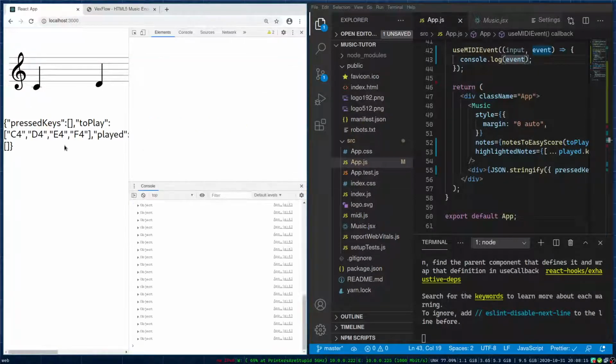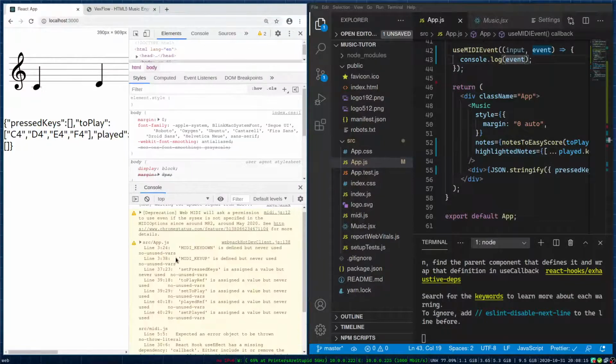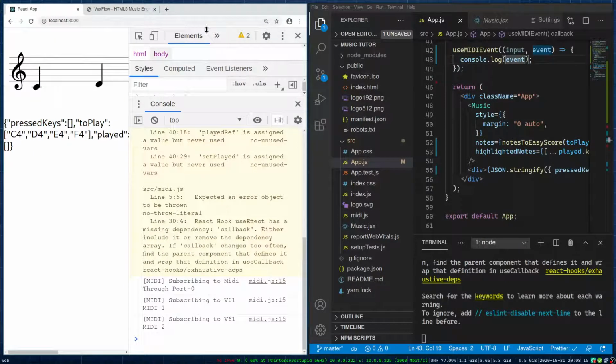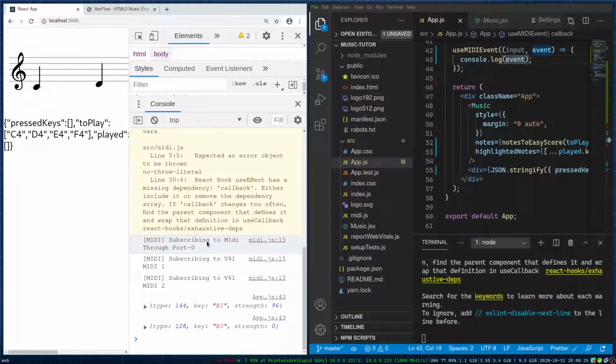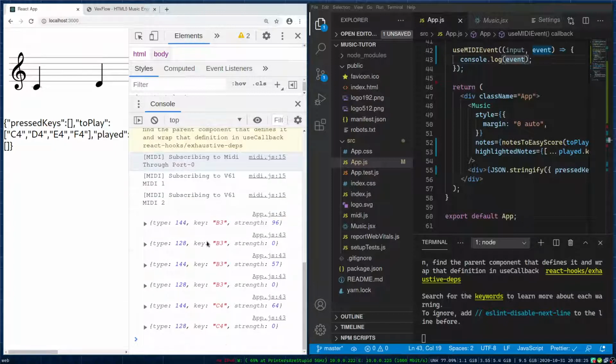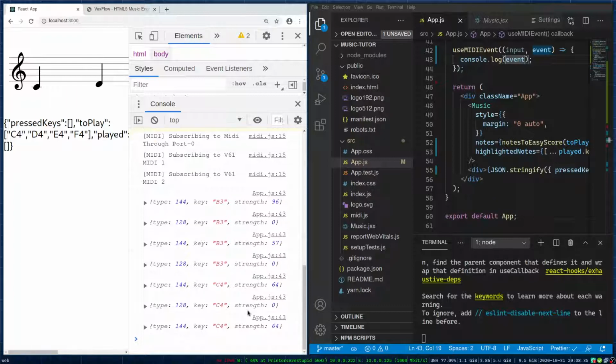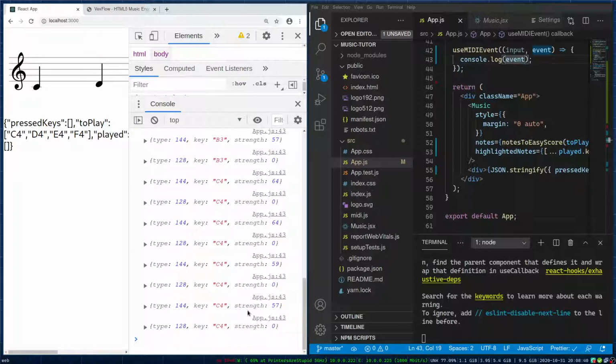But if we open the console, and I'll zoom in so that you can see better. First it subscribes to all the MIDI devices in the system, and then if I press a key, we can see the messages logged, and 144 is key down. And we see that I press C4 with this strength, and now I press C lightly. You can see it's 60, 59, 57, and if I slam it, you can see